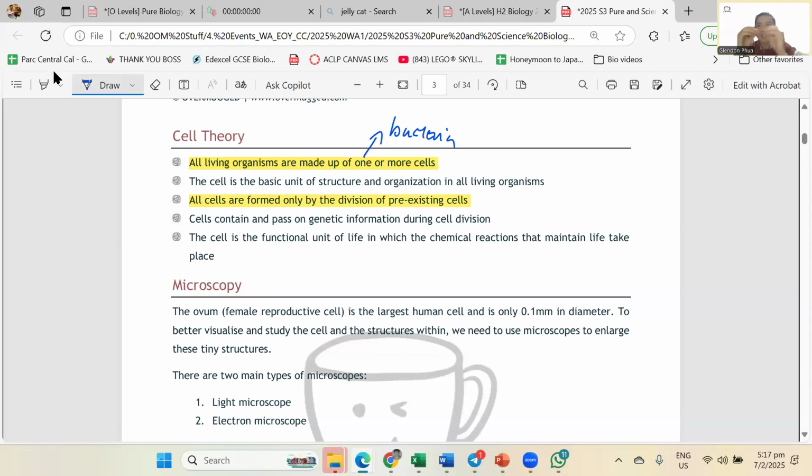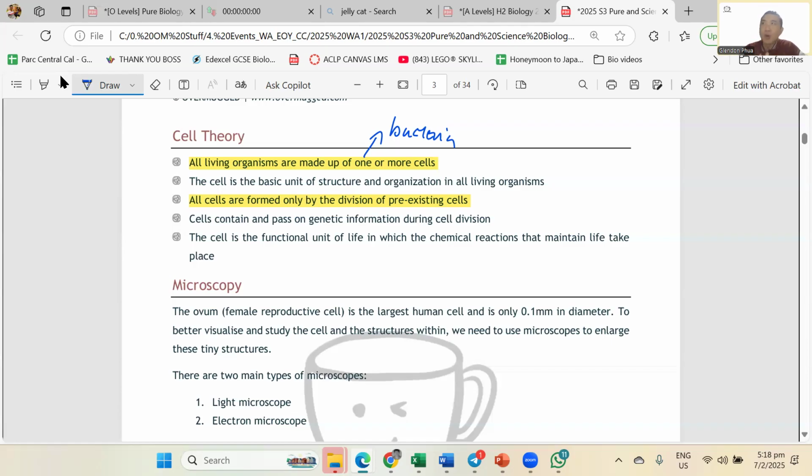Sperm meets egg, fertilization. When that 1 egg has fertilized with the sperm and it becomes the original 1 cell, how does it go from being 1 cell to my cute little chubby baby? That 1 cell divides and divides and divides. So that's how you know this. All cells are formed by the division of pre-existing cells. From the sperm and egg fertilizing, that is how you were created. Sperm and egg from your parents fused together, and there was a lot of cell division. So all cells are formed only by division of pre-existing cells.